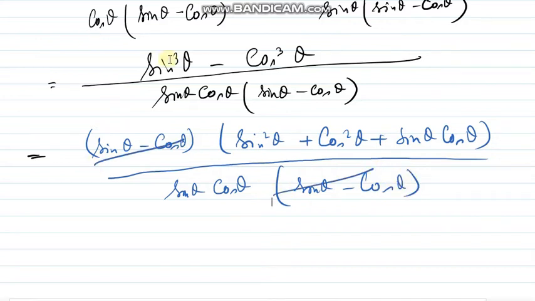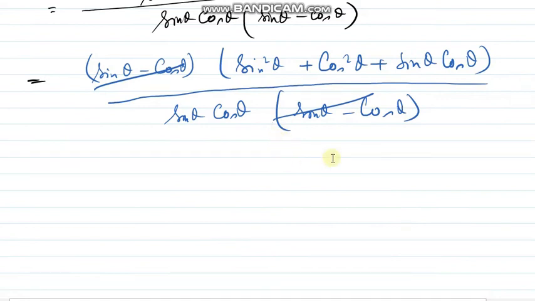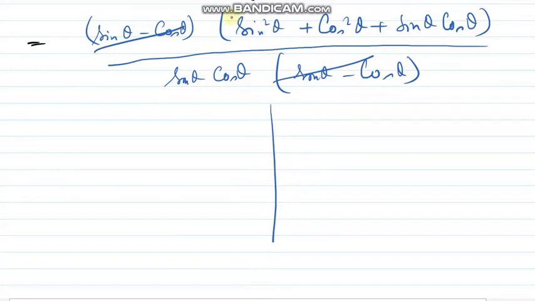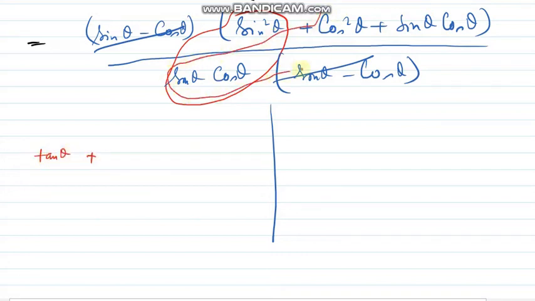Now please be very careful for this proof. I will show one more proof for this sum. For this proof, don't use sin square theta plus cos square theta as 1. Instead of using 1, I will just divide this term. Now sin square theta divided by this, sin theta cancels out, that is tan theta. Plus, if I divide this term, cos theta will be cancelled out, so it will be cot theta. Plus, if I divide this term, I will get 1. Proof done.